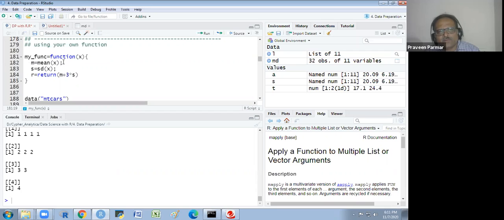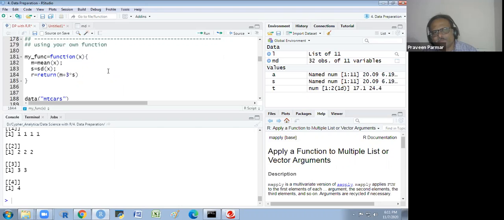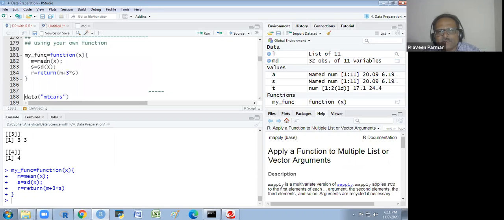We want to find out the mean of whatever variable we have taken, the SD of that, and then we return this function with r, that is the mean plus 3 standard deviation. It means the upper limit of outliers we are going to find out. I explained the outliers to you. Yes, sir. So that is the mean plus 3 SD, that I have written here. So I run this function. So this function will be active. I have created the function.